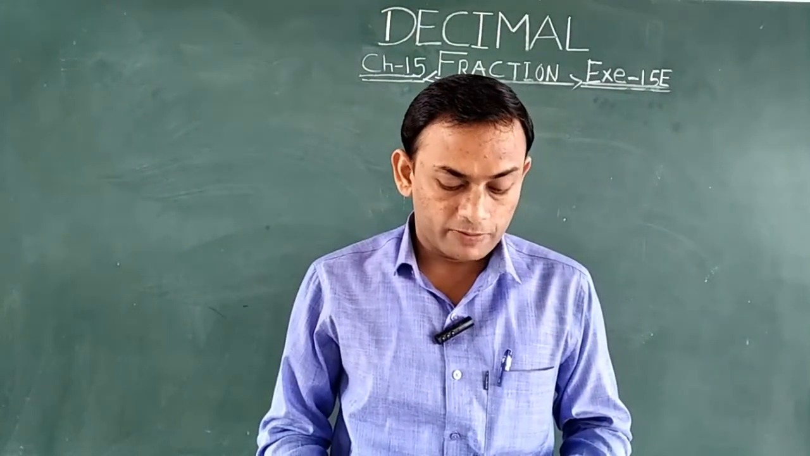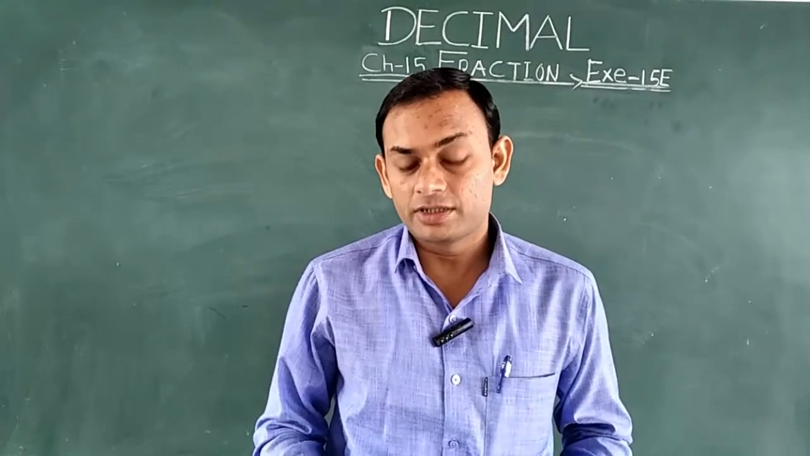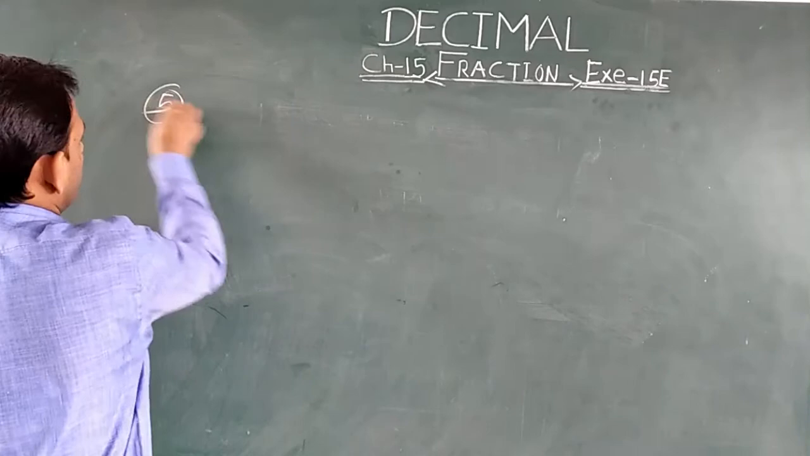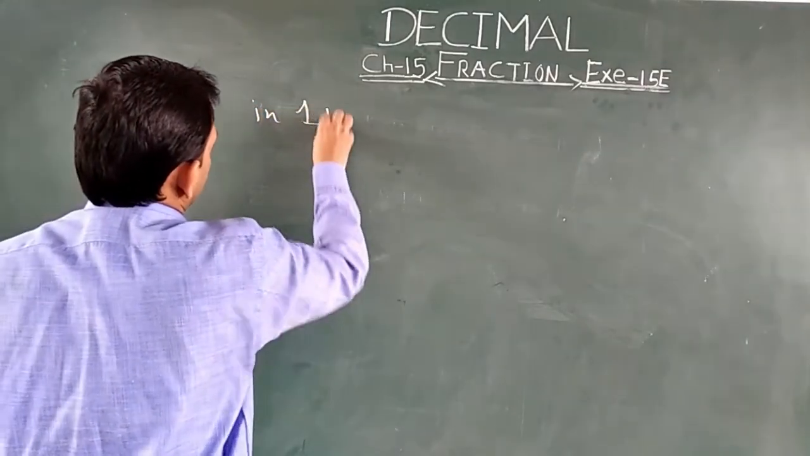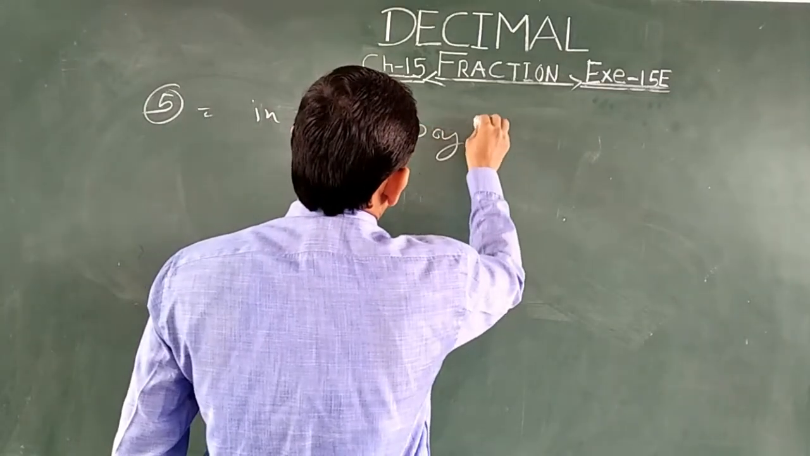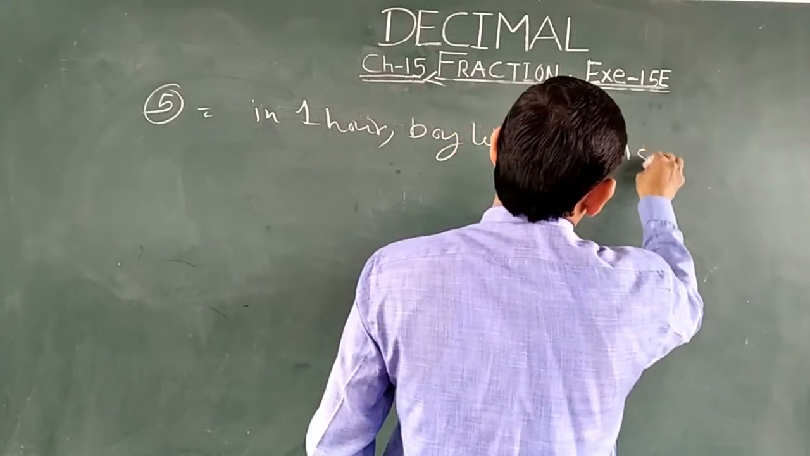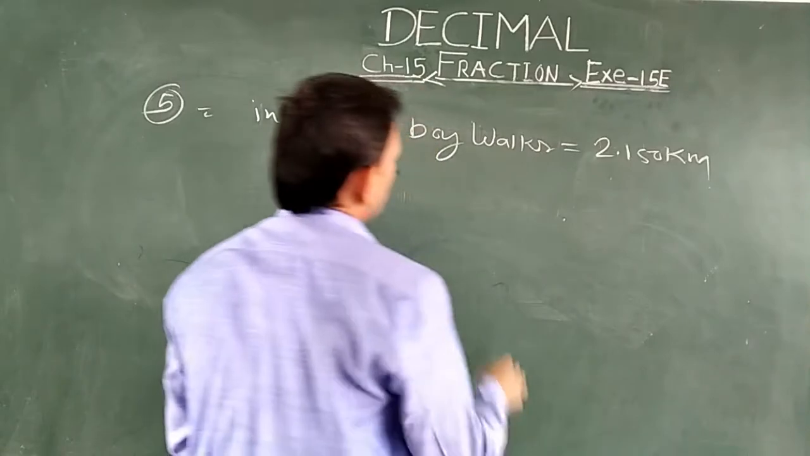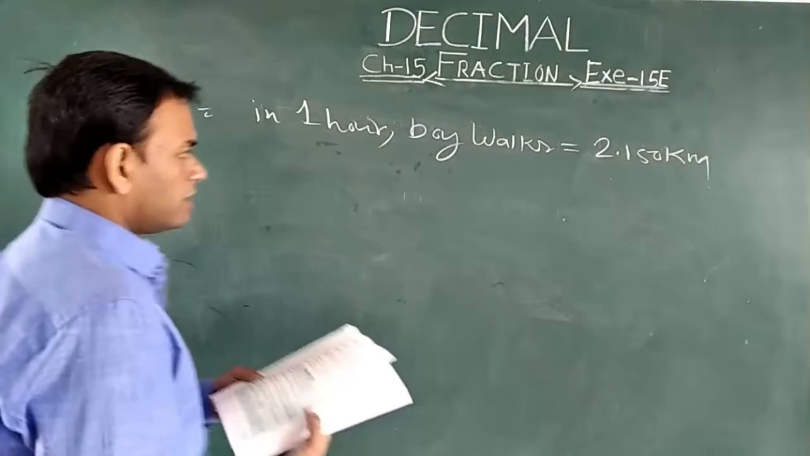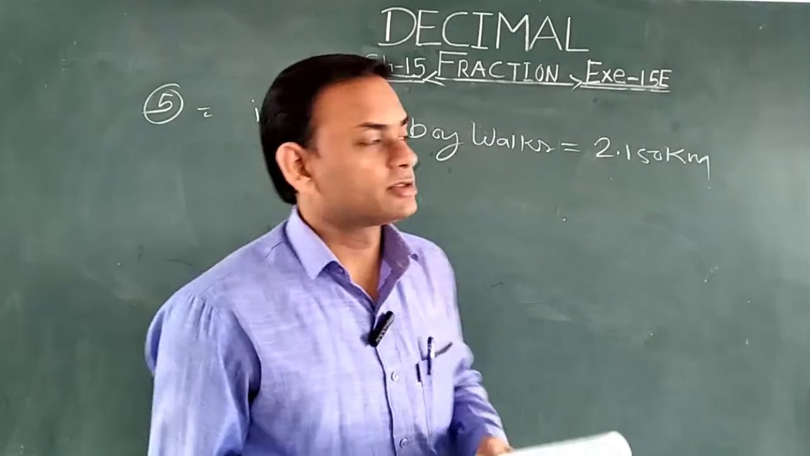Find the distance walked by a boy in 2.5 hours if he walks 2.150 km in every hour. Got it? This is question number 5. In 1 hour, the boy walks 2.150 kilometers, and we have to find out how far this boy will go in 2.5 hours. So we will write,